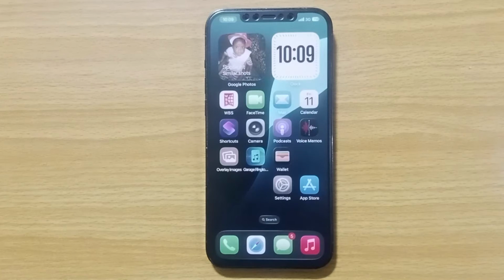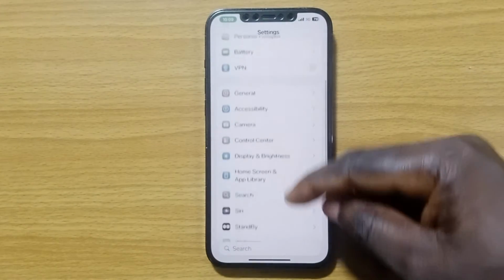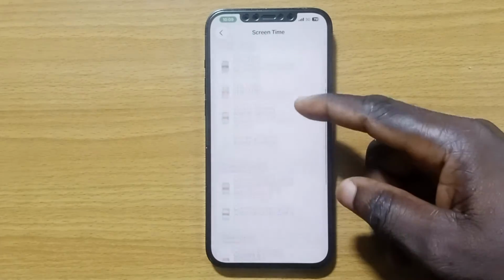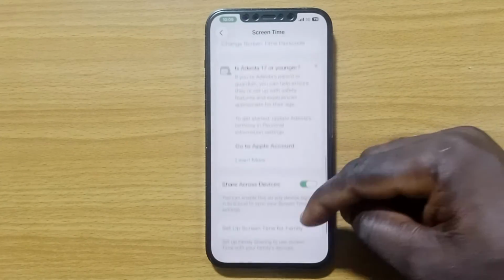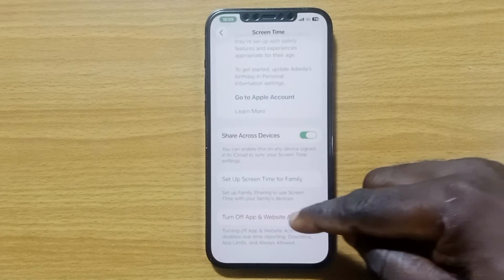How to easily enable or disable screen time on iPhone on iOS 26. Tap on the Settings button, then scroll up until you see Screen Time, tap on it. Now scroll down to the base until you see this option that says Turn off apps and website activities, tap